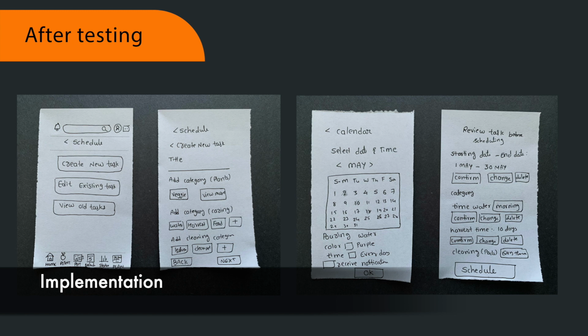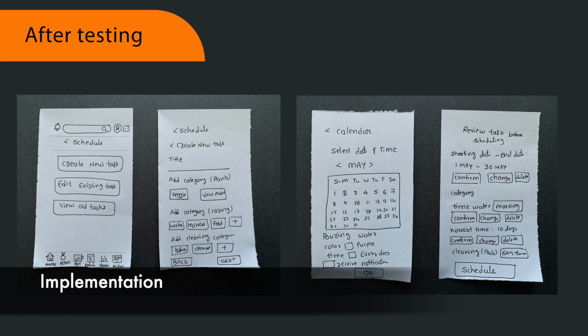If the user selects the create new task button, then the user can see a new screen with the title of the task and multiple categories related to garden maintenance and care. Once the user selects categories and the title of the task, then the user can select the next button to continue scheduling the task, or the user can go back using the back button. If the user selects the next button,